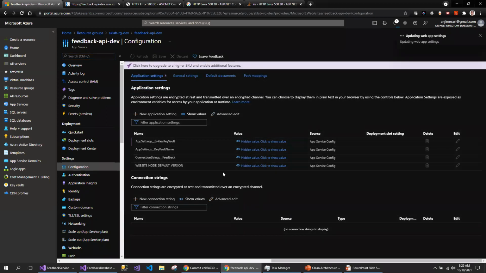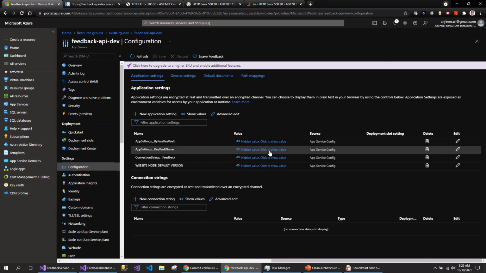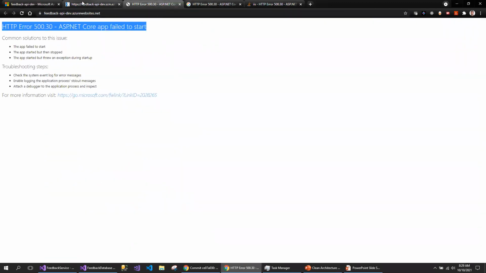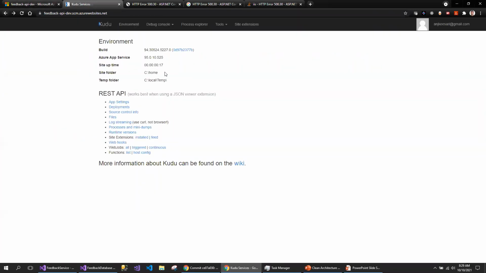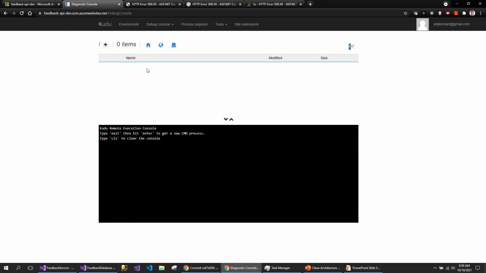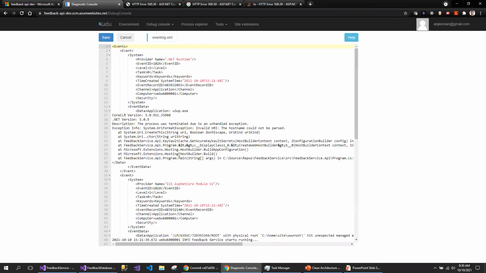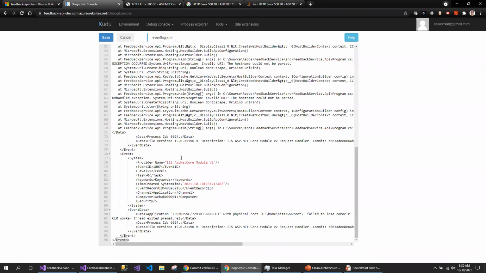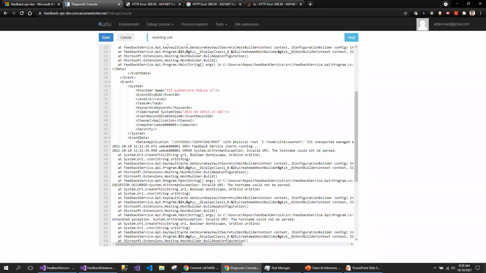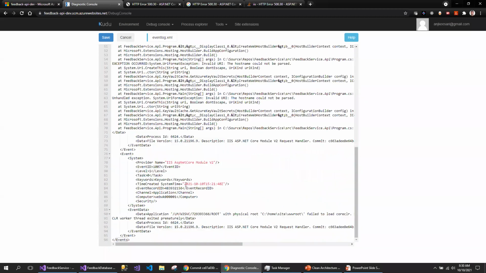Okay, so now I have given the key vault name. I'm sure it will try to connect to the key vault. Let's refresh the screen. Before that, I need to understand what time I got the error, because I'm sure I'm going to get a bunch of errors and I have to fix those errors. It's good that you get those errors and understand them, so that next time when you are working on a project, you will be able to fix those errors easily.